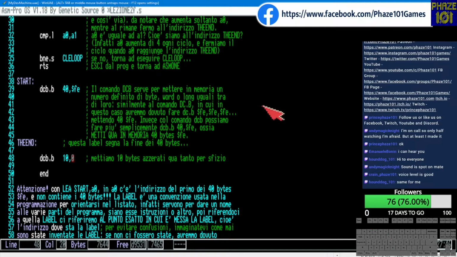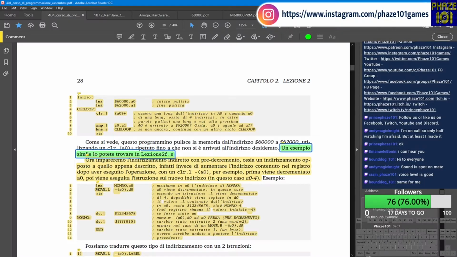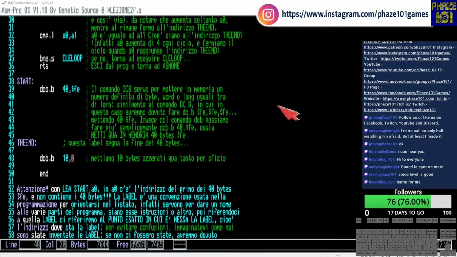I think I still need to look at my notes, because there's something that I need to do on the assembler. But you don't need to see it. I can show it to you. Okay, so yeah, basically